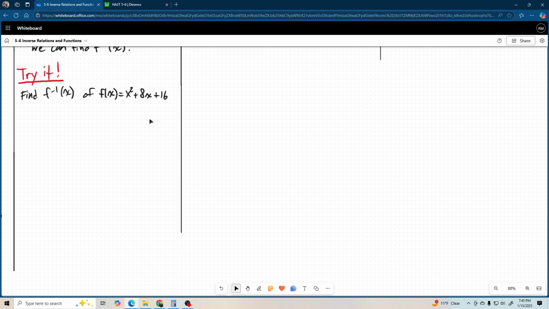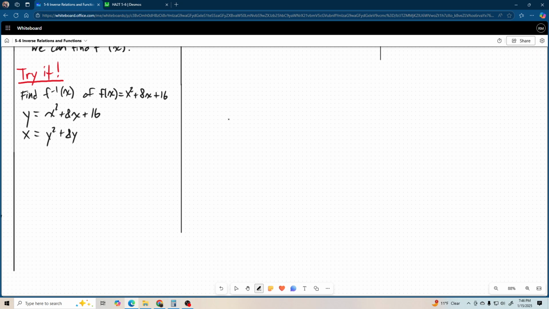All right, so if we are finding the inverse of f of x, we're going to substitute in y for x. So everywhere we see an x, we're going to substitute in a y. Everywhere we had a y, we're going to substitute an x, and then we're going to solve for y, right? Okay, so let's go and do this. So what we would have, if we just wrote this out, is y equals x squared plus 8x plus 16. Okay, so let's flip this, right? So now we're going to have x equals y squared